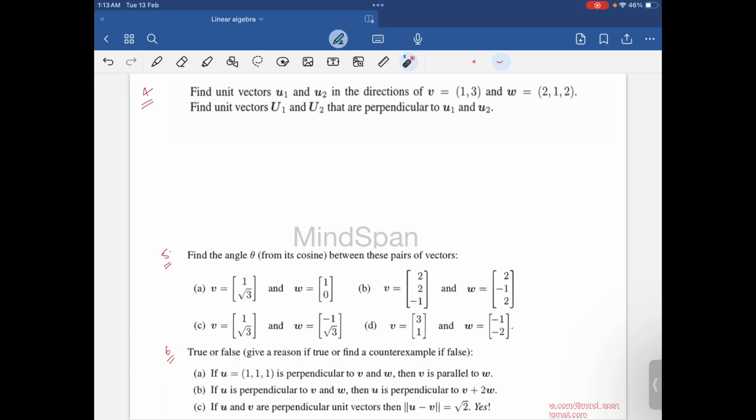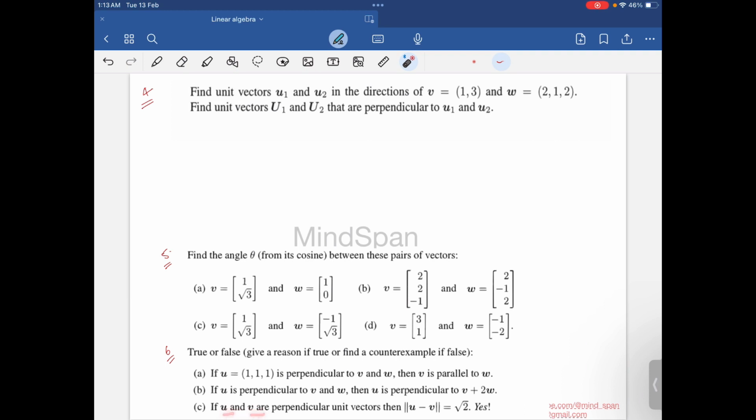So, if u is perpendicular to v and w, then v is parallel to w. You have to read it. Read it, understand it, and try to answer. And you try 6 b, and this c also you can try, but let me just give you an overview. This is an easy one, but